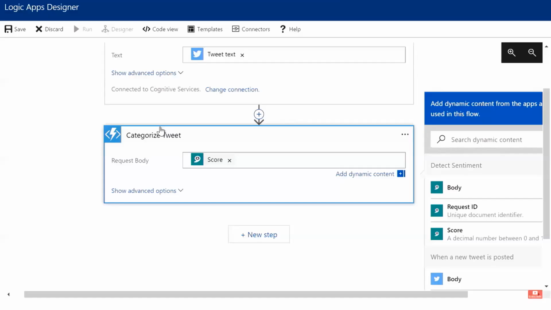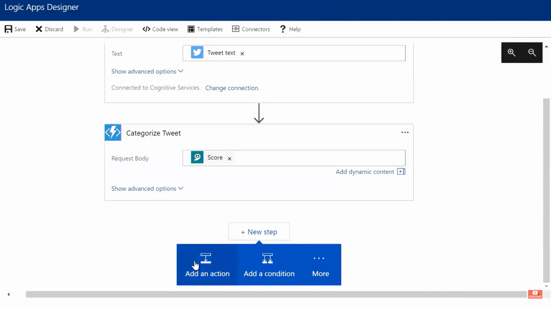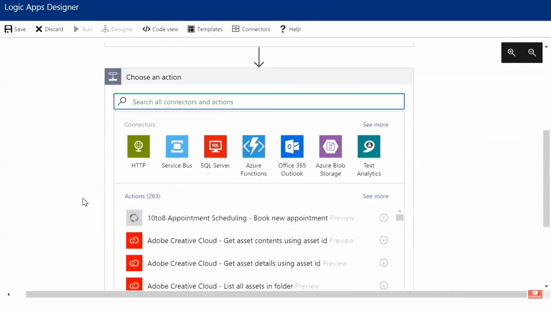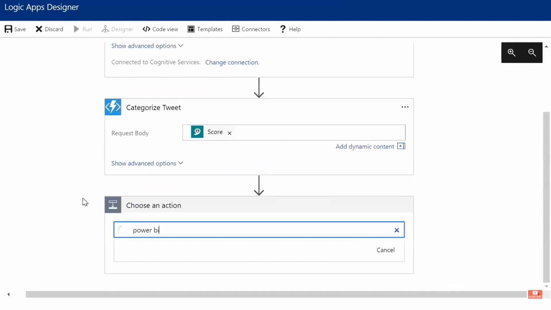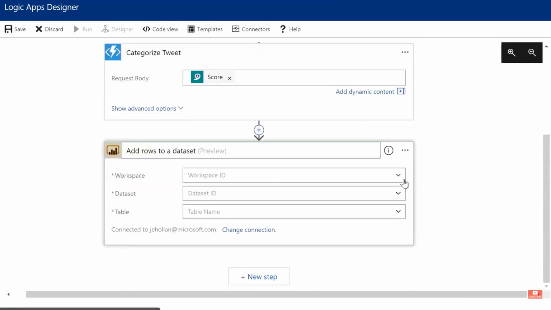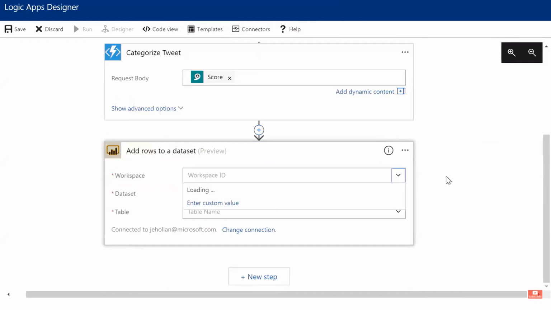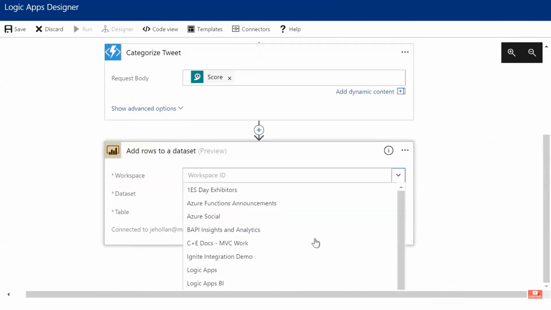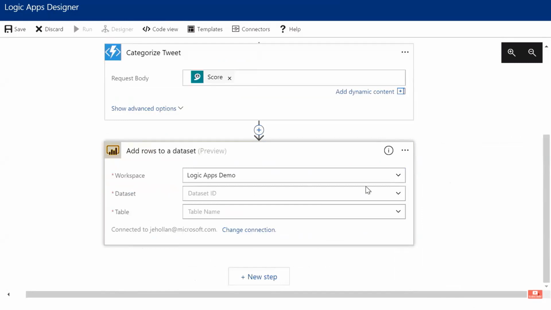Yeah, exactly. So here I'm going to come back to our serverless app, and I do want to visualize the data that I've generated. So I'm going to add in one more action. And in this case, I'm going to use our Power BI connector to publish this data to a dashboard in real time. Now, while I fill out this step for the Power BI connector, I do want to call out here that I am connected to my Power BI account.